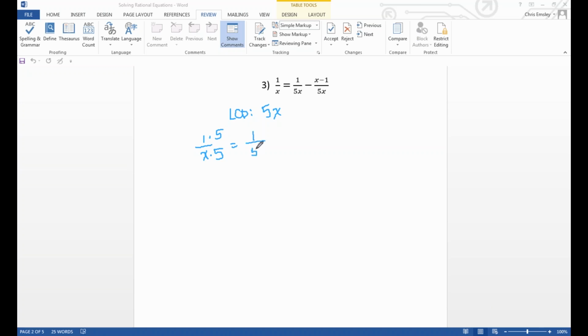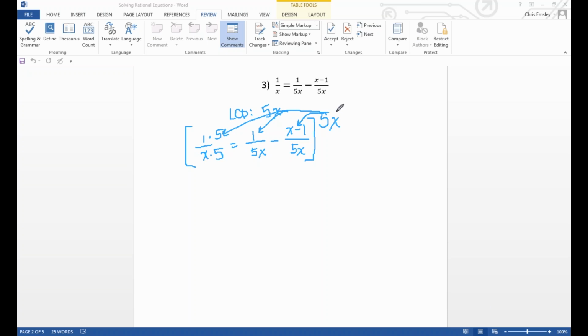Our second fraction already has 5x in the denominator, so that one's okay. And our last fraction also has 5x in the denominator, so that's okay. Once we have a common denominator across all our fractions, because this is an equation, what we can do next is multiply everything by that common denominator. And when I distribute that through to all the pieces of my equation, it's going to cancel